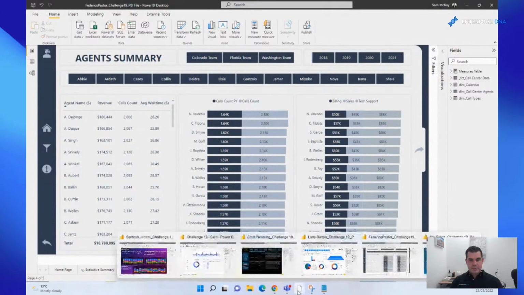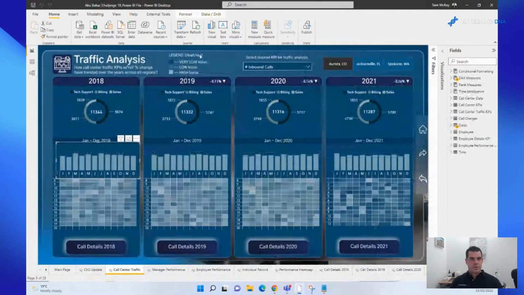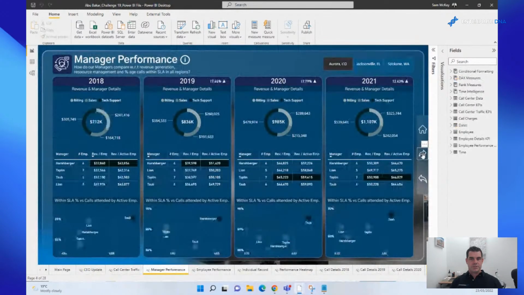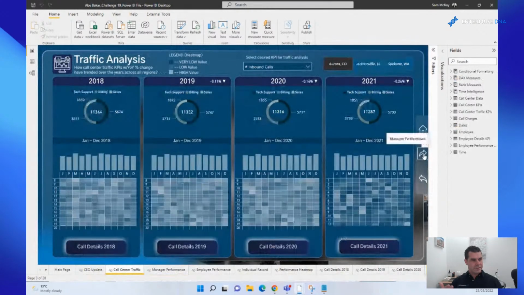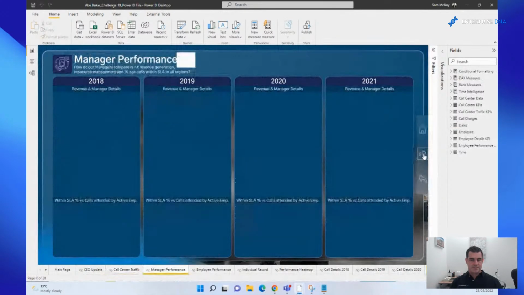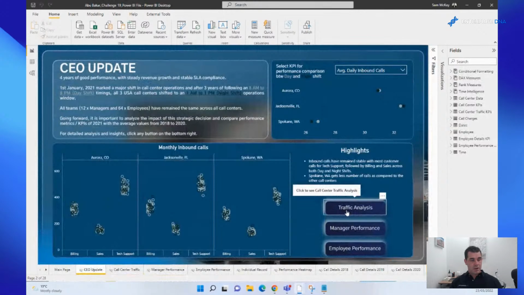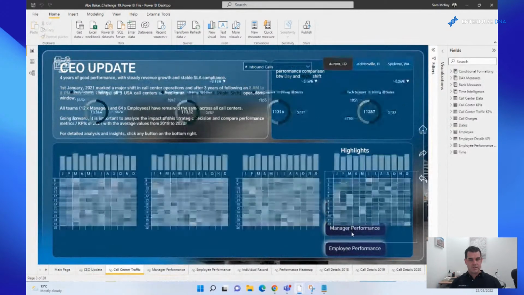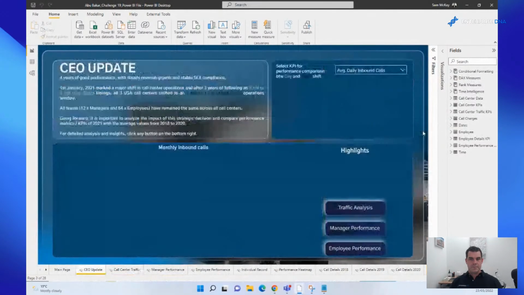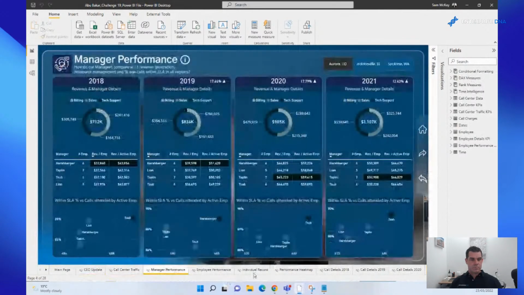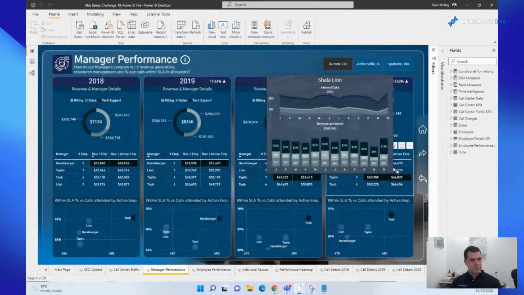Now, so this is just one example. Let's have a look up here. Okay. So again, this is quite similar. You can go to the next page. You can go back pages. All of these are actually very easy to set up. It's remarkably easy to set up, right? Here we have a home navigation page, which is always a nice idea as well. But you see here that every single report page is hidden, and we're just literally clicking buttons.